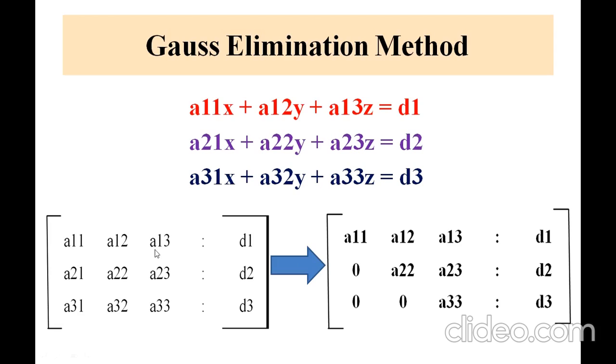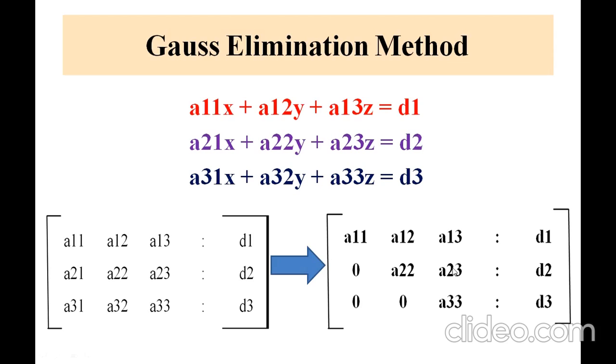Accordingly, we have to change the element from A11 to the new A11. These two elements are different. A11, A12, A13, A22, A23 and A33, as well as D1, D2, D3, will be modified after the